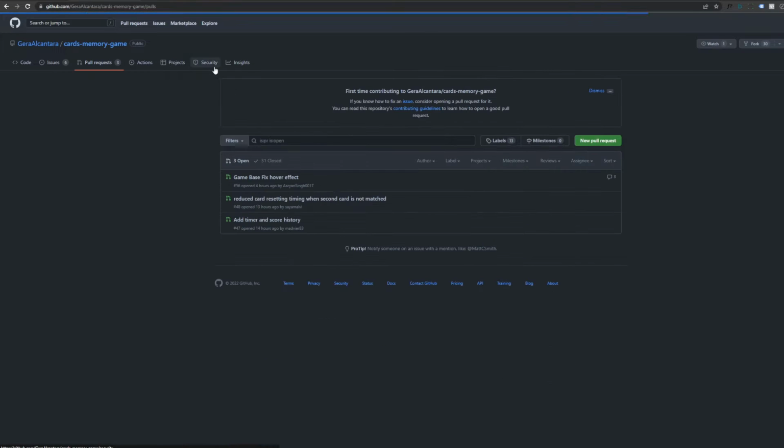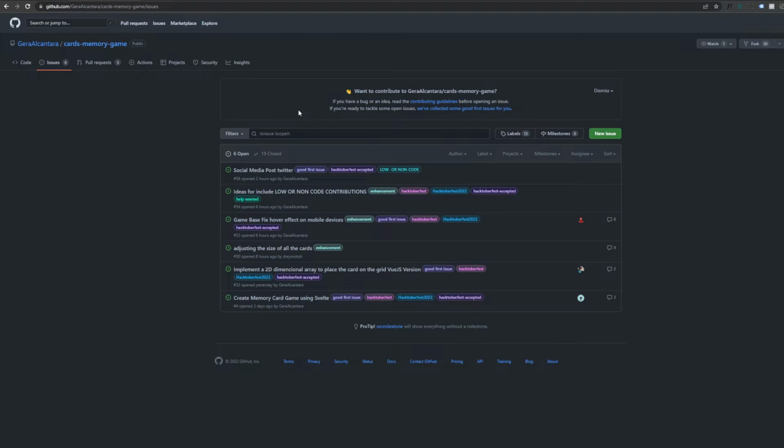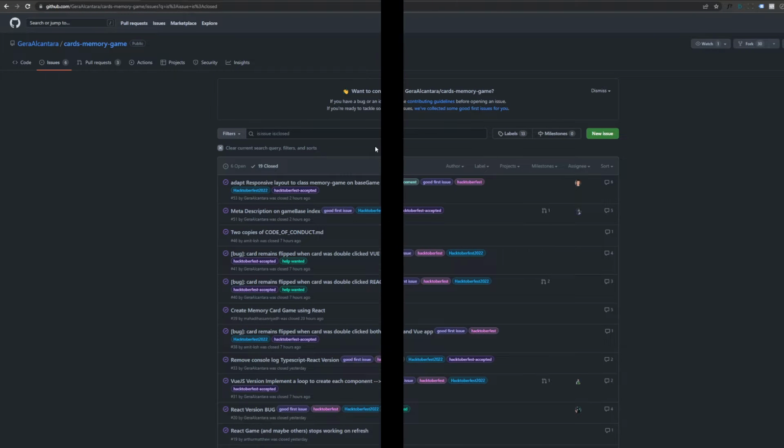Looking at the pull requests, the maintainer is actively processing them and has been creating a bunch of issues to encourage collaboration. A bunch of them have already been assigned to someone else to work on, but there are a couple of good ones still to pick up. But we can always create a new issue and ask for it to be assigned to us. Just make sure to provide enough details about what it is that you want to implement.